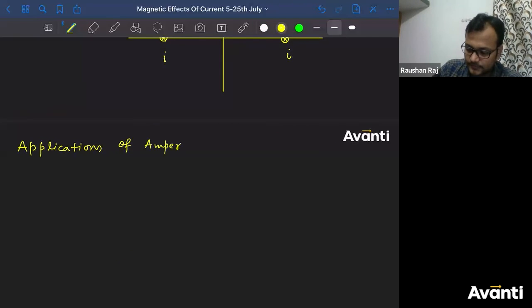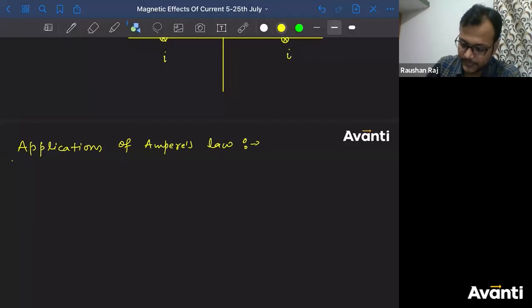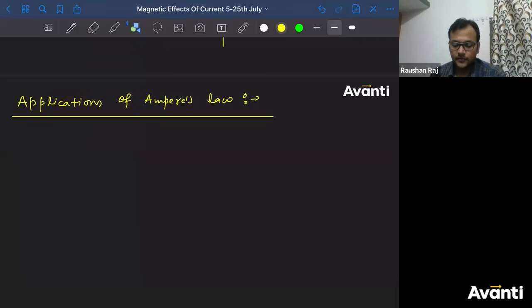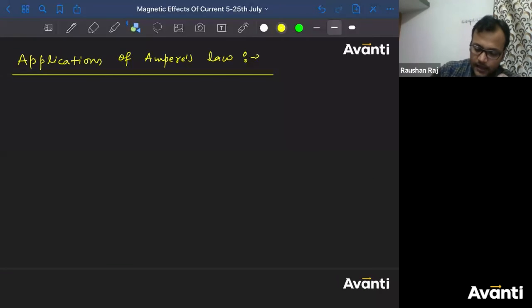Ampere's law. Now we will talk about applications of Ampere's law. We have studied what will be the magnetic field at an inside point of a uniform current carrying cylindrical wire, at the surface of a uniform current carrying cylindrical wire, and at an outside point of a current carrying cylindrical wire. Okay? So let's begin then. We had already studied that. Now if I ask you,